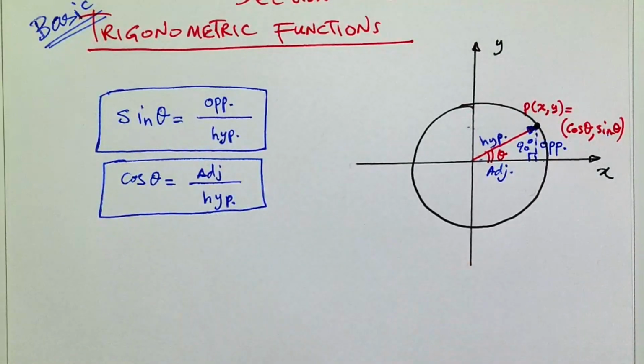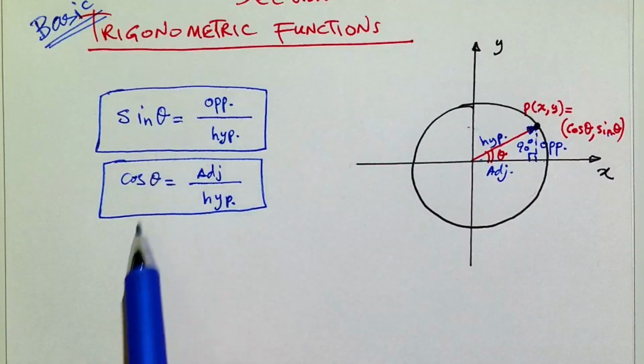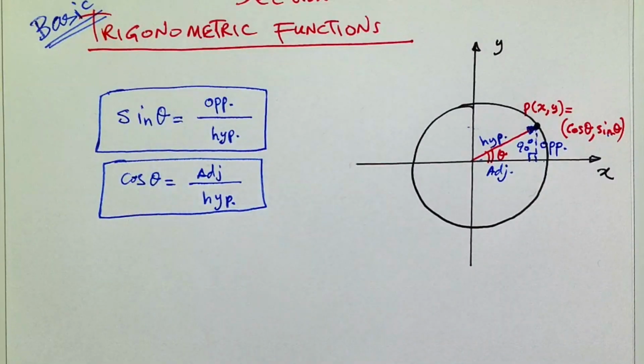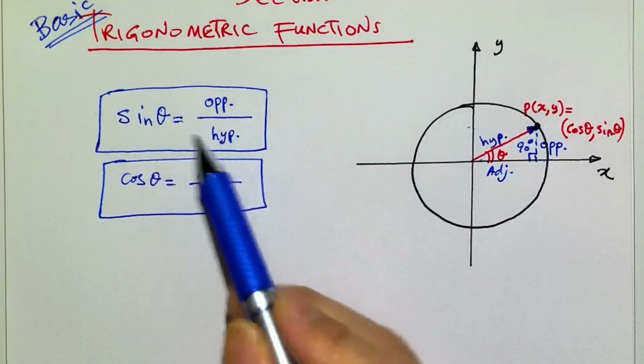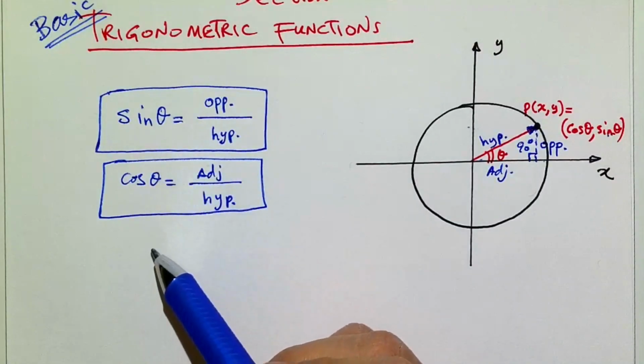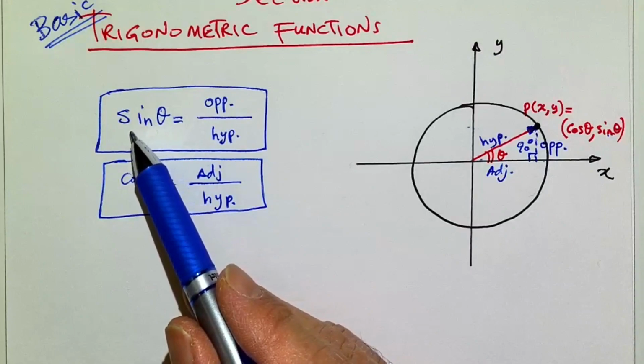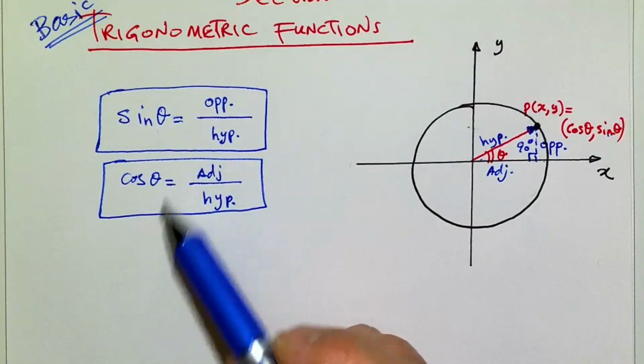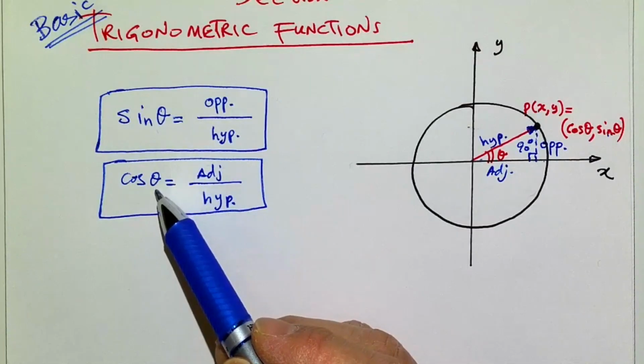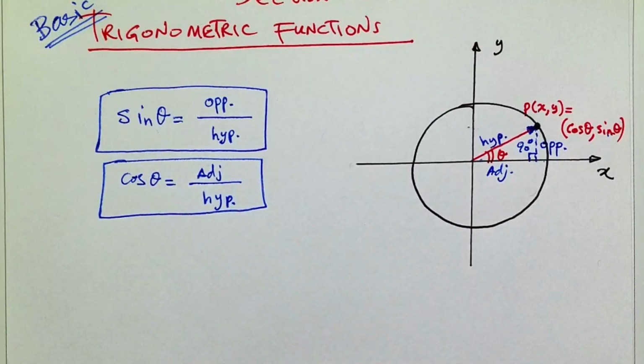In mathematics, we really don't like to memorize much, but when we do memorize, there's a significance to that, because given these basic trigonometric functions, especially these two, sine and cosine, you can calculate all the other trigonometric functions. That's why we like to know exactly what's going on, especially with these two trigonometric functions, sine and cosine. Make sure that you fully understand these two, because like I say, you can calculate all the other trigonometric functions if you know these two.